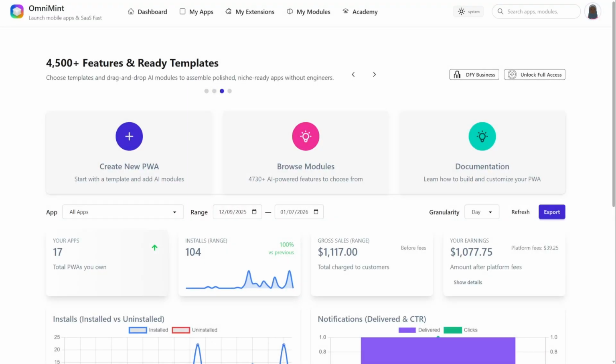Hey there. All right. So let's go ahead and build our first application using OmniMint. I'm going to take the shortest route possible, and I'll circle back and show you all the other things and details. Before I get started, I do want to show you this, that when you start building out your applications,